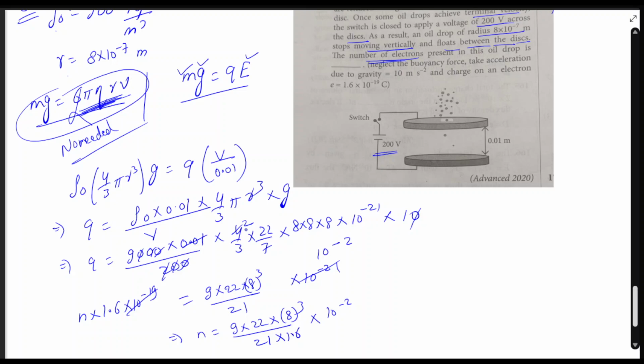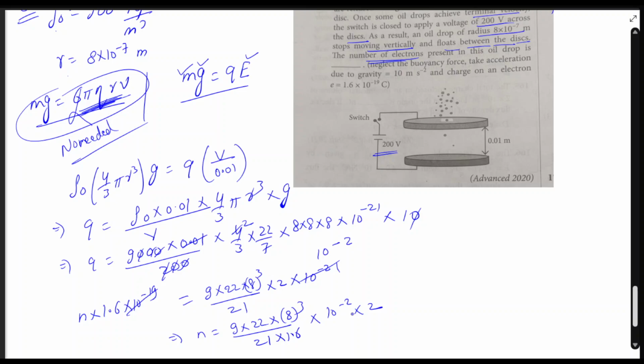Nothing is left, right? 2 is also left. 9, 22, and 2 is also left. We are left with 2, right? So 2 multiplied by,